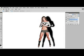And this allows me to do a free transform on that shadow. So I'll go ahead and just kind